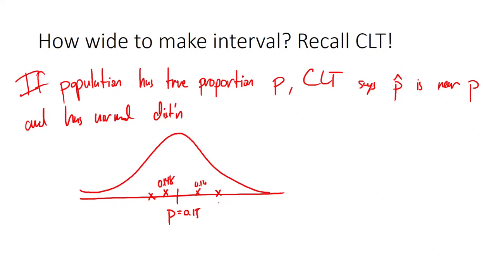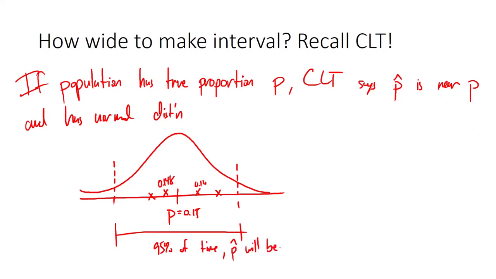Some of you are going to overestimate the truth. Some of you are going to underestimate the truth. And I know that your observations are going to come from a normal distribution. In fact, I could even know, for example, that like 95% of the time or something, the sample proportion will be in a certain range. Right? We could actually figure that out